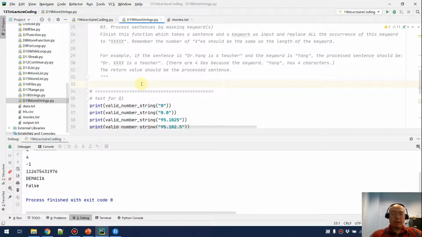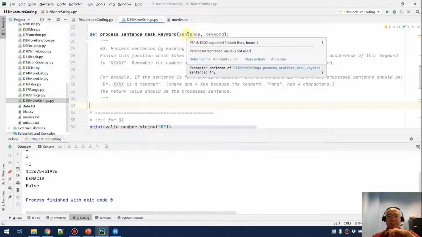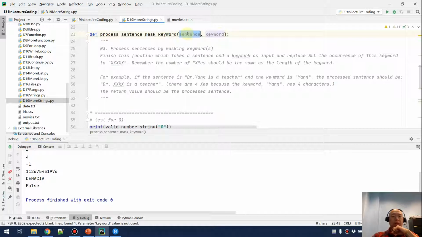Okay, well, let's talk about the day 19 exercise. There are only three questions. I don't think any of the questions is super hard for you guys, but I want to talk about the last one. For the last one, the requirement is I'm going to mask all the occurrences of the keyword from a sentence,